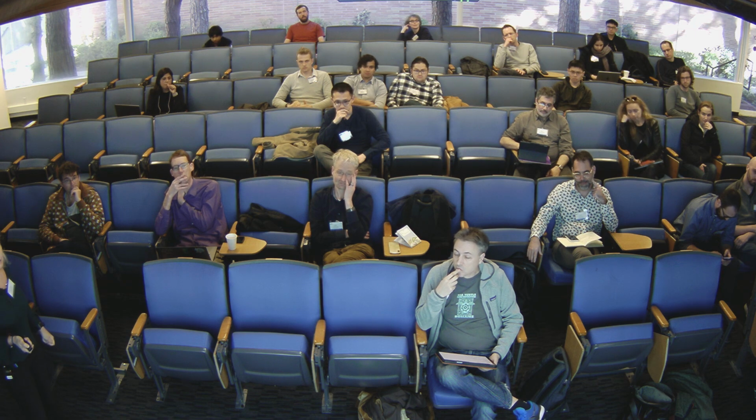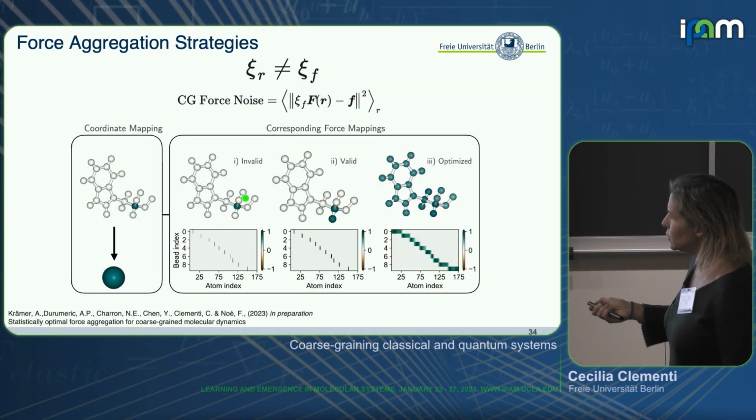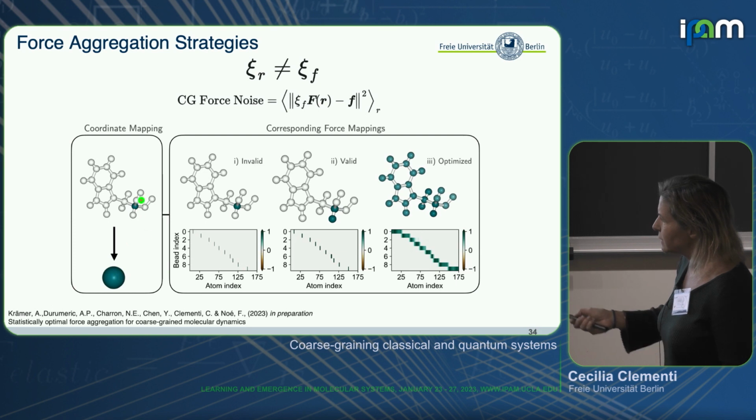So this is the atom that we pick to represent the whole residue. This is the whole residue. This is the atom, and this atom becomes a bead, everything else is